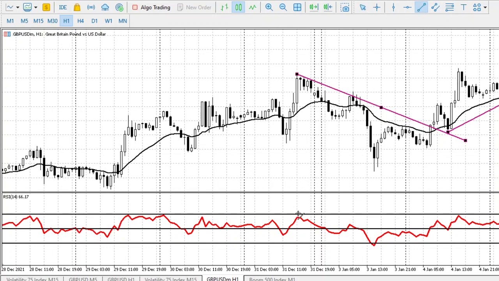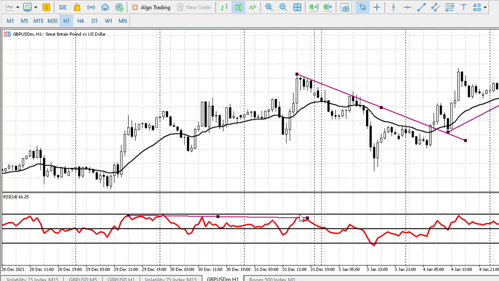Let's see if you can draw a nice trend line here. Yes, as you can see, we have our nice trend line, which if it touches one, two, three, then on the fourth touch, you will see that we have a